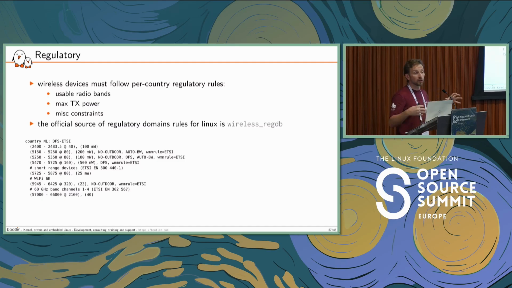All those rules are not registered in the kernel, once again. This is hosted in a dedicated repository, the wireless-regdb. And we have this half-textual format listing all the known rules for any supported country. Here we have an example of the regulation in the Netherlands. I can use my wireless device in the 2.4 GHz band with a transmit power up to 100 milliwatts. So this is some textual data.